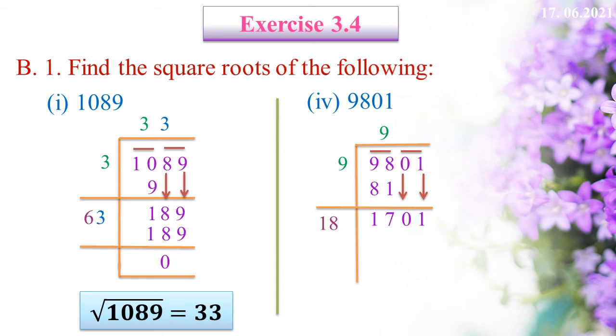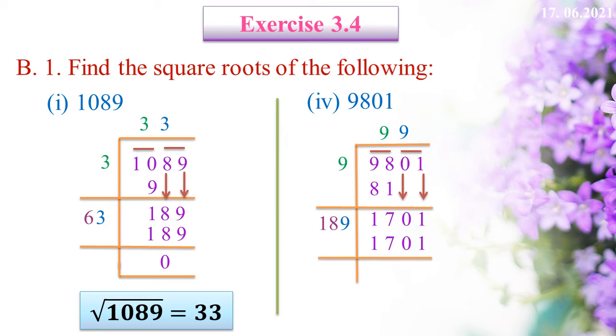On doubling the quotient 9, we will get 18 and annexing with it a suitable digit. Here the suitable digit is 9. Place 9 in quotient also. Then multiply 189 and 9. We will get